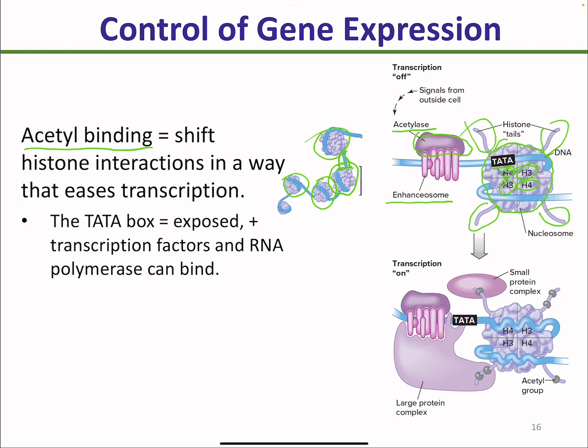What happens is that first of all, a signal has to come and tell the cell we want the gene to be expressed, right? And once this is said, a large protein complex comes and binds on the nucleosome, which is going to interfere with its activity. But along with that, some small proteins are going to cause